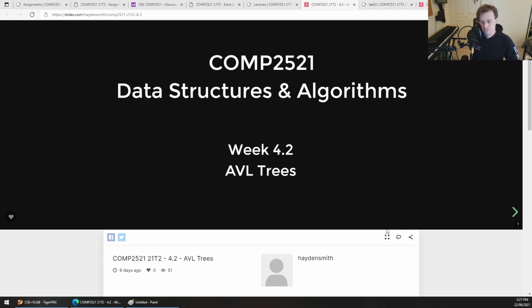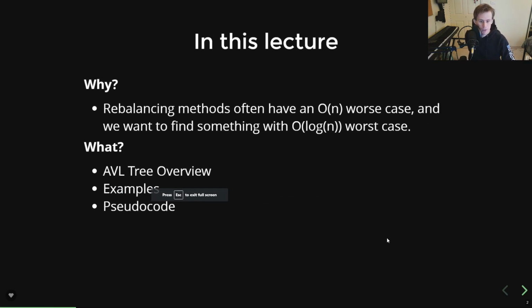AVL trees today are a form of tree that is less space efficient, but easier to rebalance, is the crux of it. So why we're learning about this is because typically a rebalancing cost is O(n) worst case, because you have to traverse, in the worst case, the longest branch, kind of everything. But we want to find something that's like log n when it comes to rebalancing. So we're going to be looking at what an AVL tree is. We're going to be looking at examples of this tree, and then we'll look at some